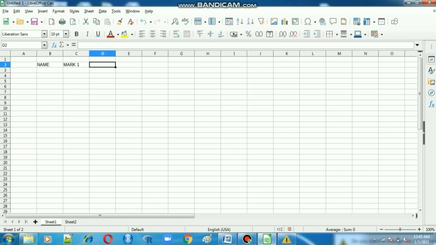Now this is the active cell, mark 2. So next we have to enter the name. Enter the data in the worksheet itself, Arun, and any marks we have to give. I have to enter some information, you are understanding.